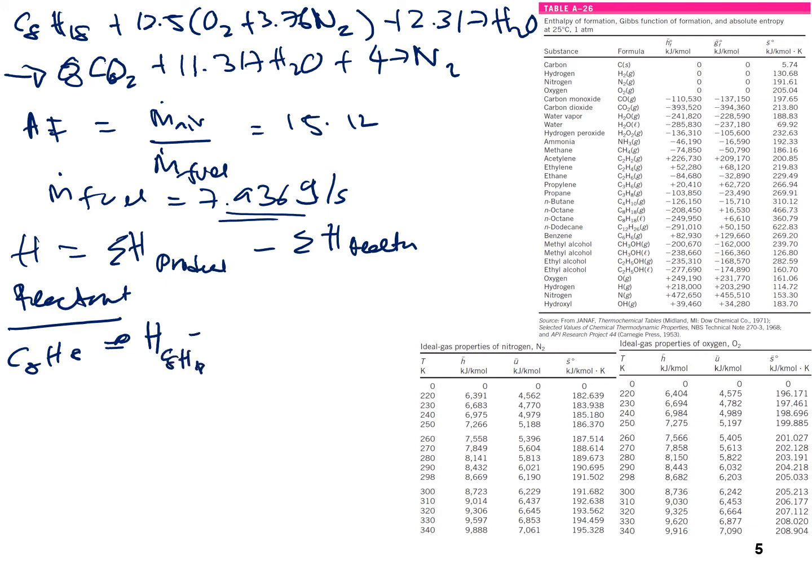C8H18 equal to 1, enthalpy of formation for the C8H18 minus 249